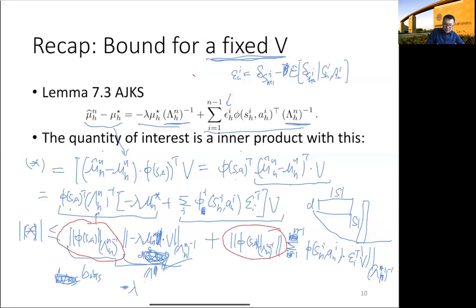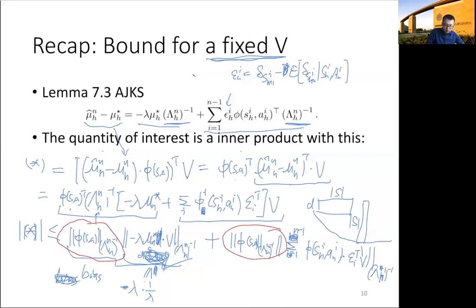Since this matrix has a plus lambda I, we know that this matrix has an operator norm, or spectral norm, with the largest singular value smaller than 1 over lambda. I extract this 1 over lambda here, and then